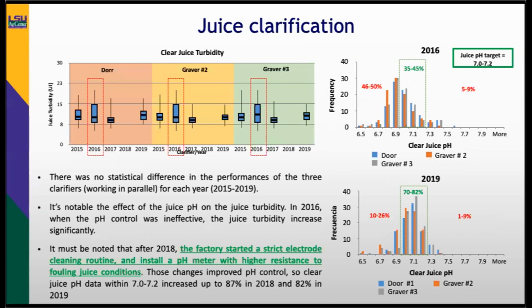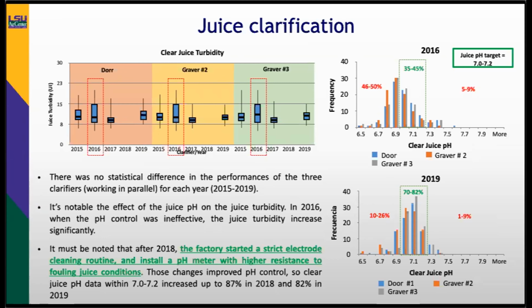The next station is the juice clarification. So this factory has 3 clarifiers operating in parallel. We compare the performance of each clarifier, and there was no statistical difference in the performance of each one for each year. Another thing that we analyze here is that it was notable the effect of the juice pH on the turbidity of the clear juice. You can see on the right side